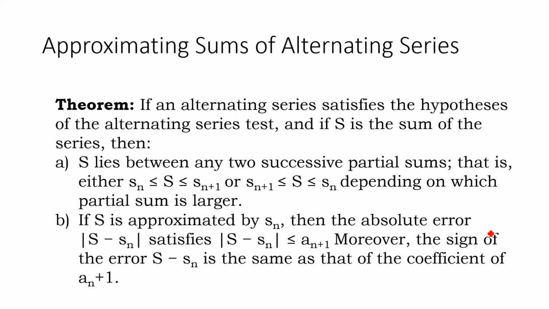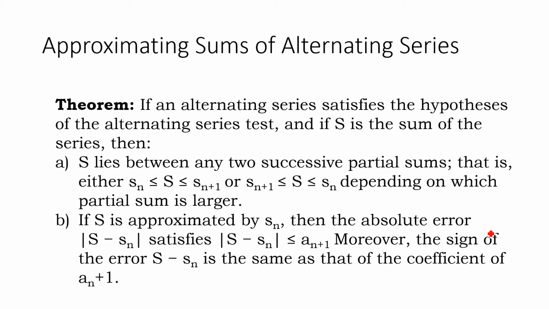Okay, so let's have approximating the sum of an alternating series. The theorem is concerned with the error that results when the sum of an alternating series is approximated by the partial sum. So we have the theorem: if an alternating series satisfies the hypothesis of the alternating series test, and if S is the sum of the series, then the sum of the series lies between